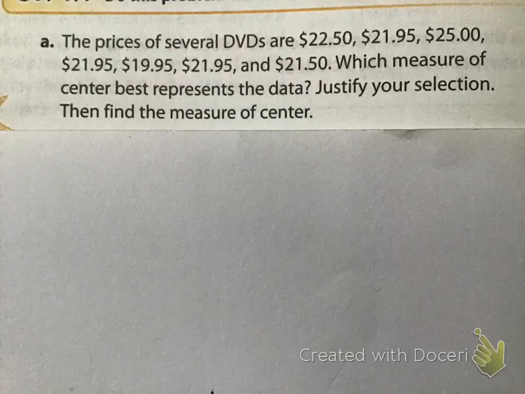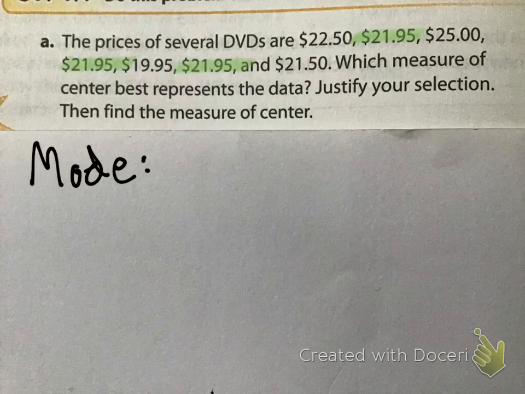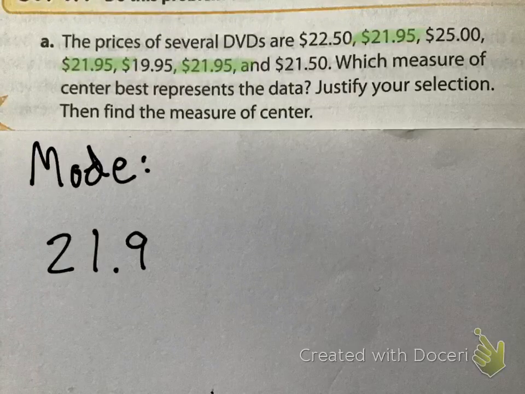So let's look at example A. The prices of several DVDs are $22.50, $21.95, $25, $21.95, $19.95, $21.95, and $21.50. Which measure of center best represents the data? So again, we don't have any extreme data, which means mean would be pretty good. But I don't want to really add all those numbers up. Let's see if there's something better. This number is repeated 3 times, and there's one that's almost exactly the same, close to it. So my choice would be to pick the mode, which our answer would be